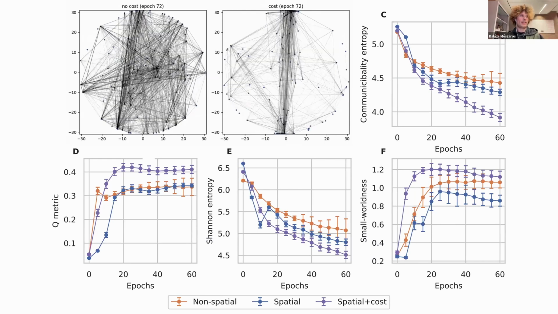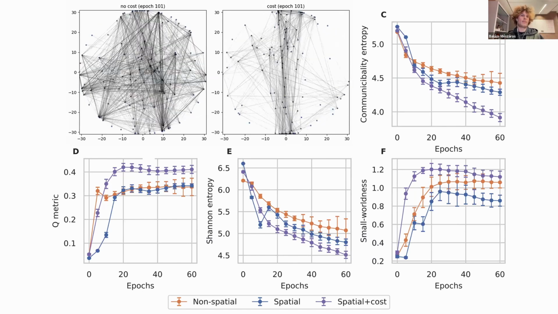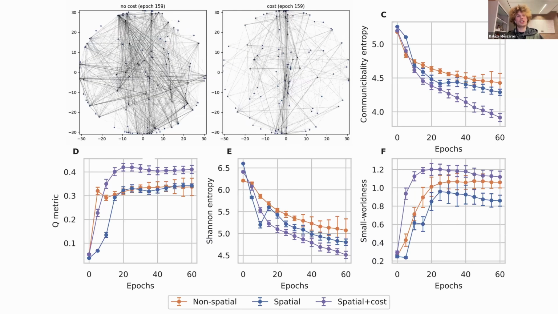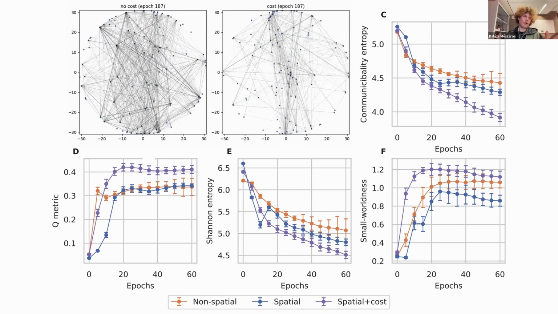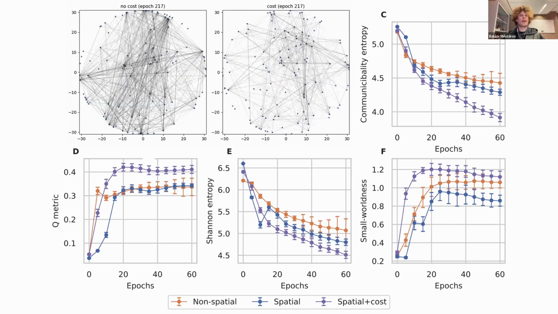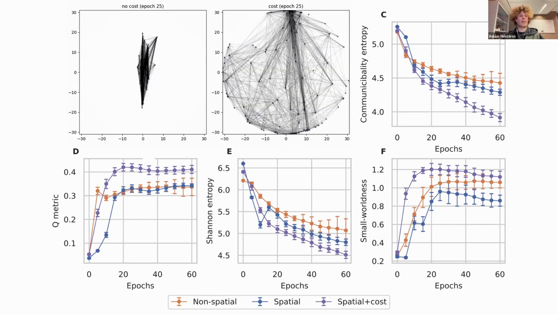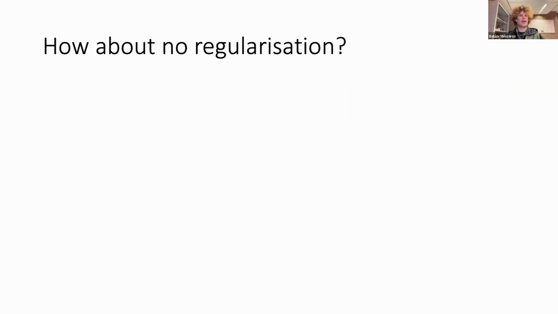And so finally, in all of these examples I was talking about networks where we introduced L1 regularization or a distance cost, or the combination of these two. But we were also interested in whether we can understand anything from networks where we don't employ anything like this. So the relatively obvious way of looking at this is: what can we prune away in the network, or which are the most important weights that were learned or optimized.